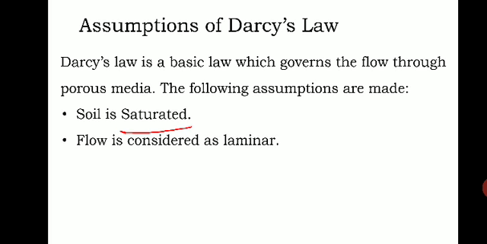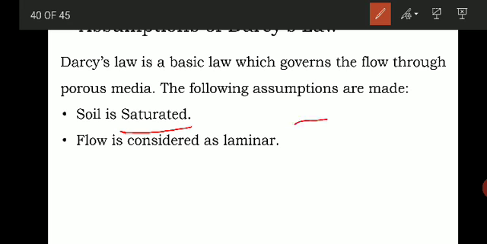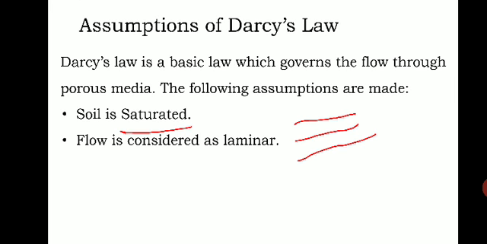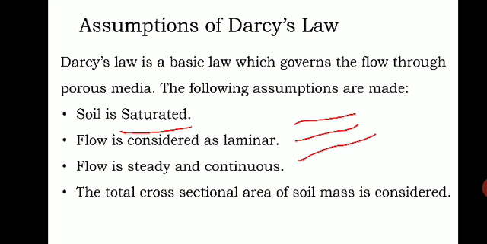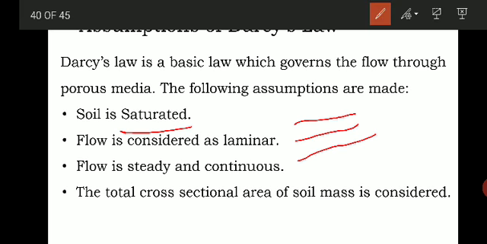Then the flow is considered as laminar, as we discussed in the last slide. The flow should be laminar. That is one more assumption made in Darcy's law. Then the flow is steady and continuous. Then the total cross-sectional area of the soil mass is considered. So for Darcy's law, the total cross-sectional area of the soil is considered,